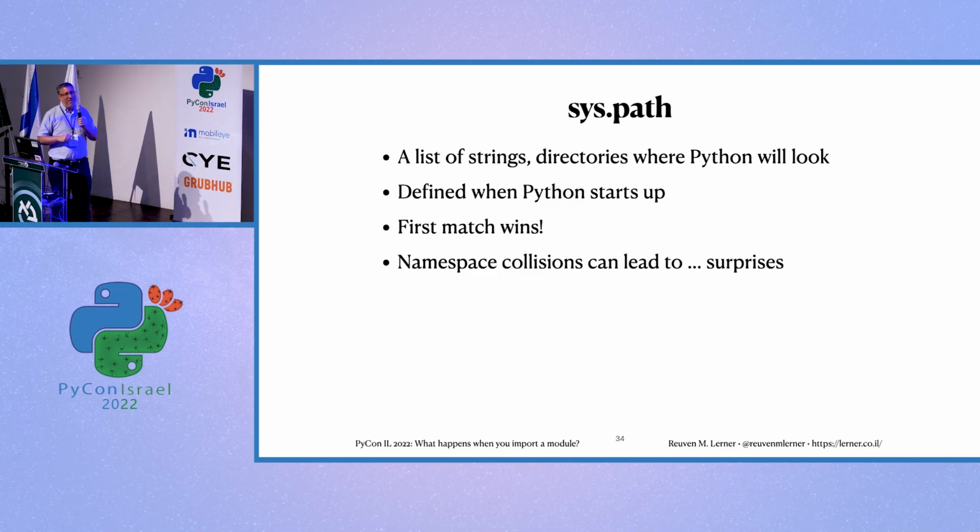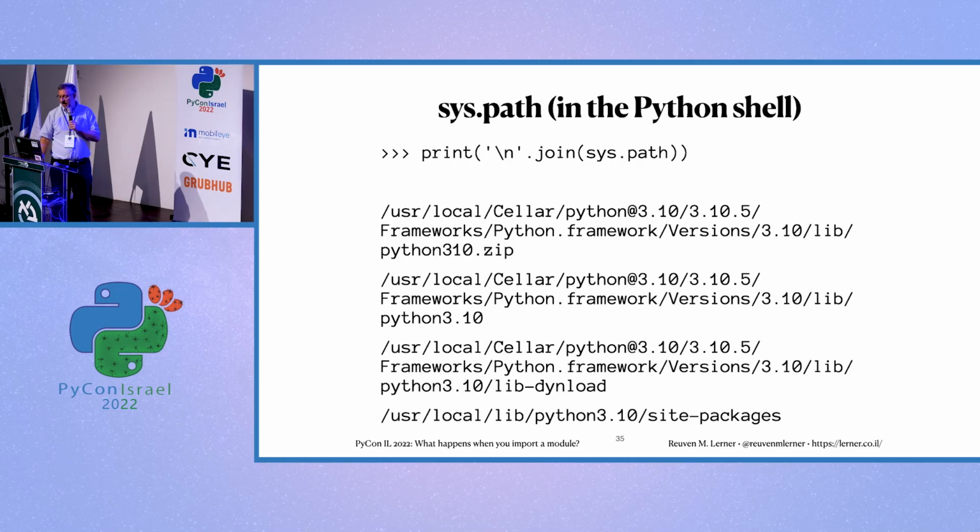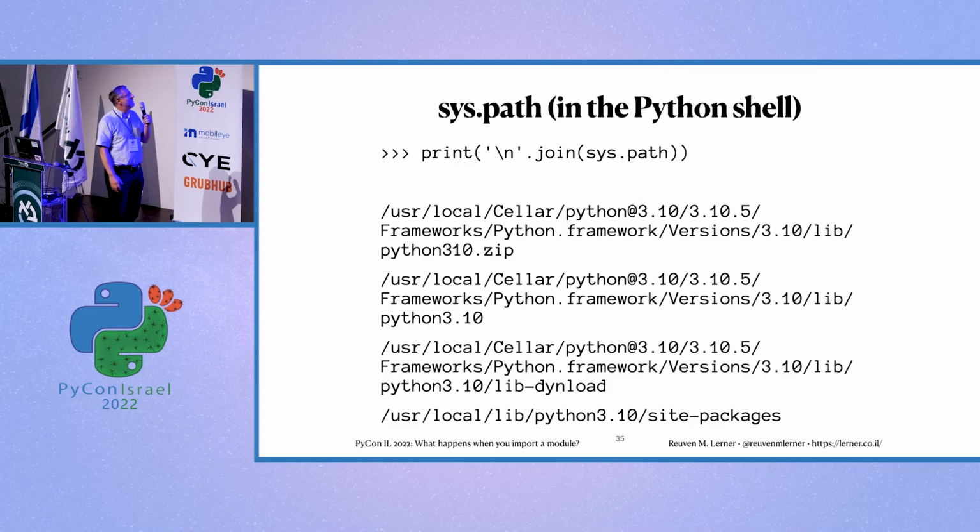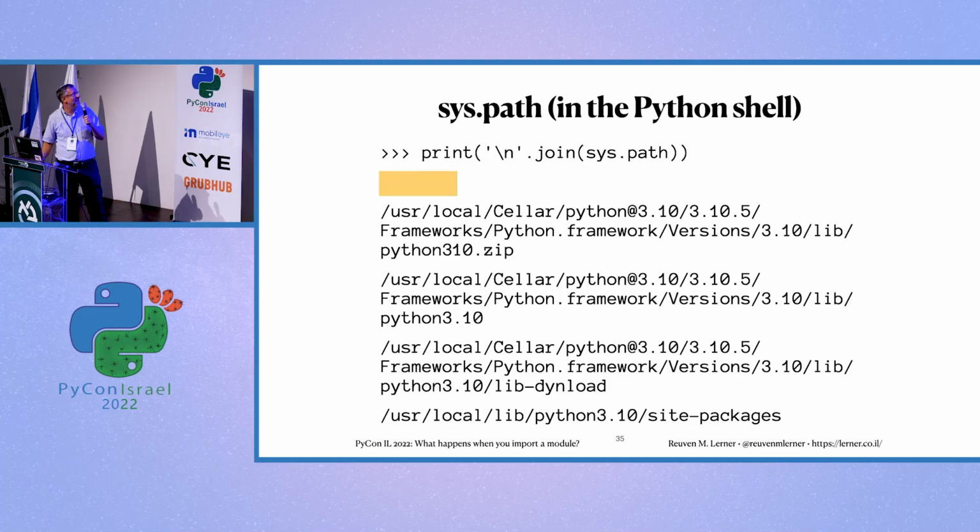In any event, try not to do that sort of thing, but things seem kind of weird with sys.path. Now, what if I look at sys.path? I open it up in the Python shell, and I join together sys.path. It's a list of strings, and I get this. And by the way, you can't see it because it's empty, but this is an empty string here. So the empty string, followed by a bunch of different directories, followed by site packages, and we're going to go